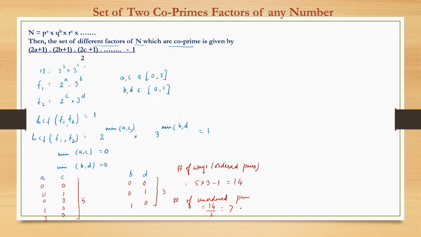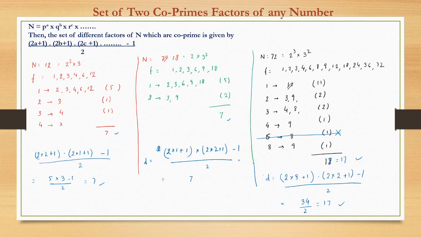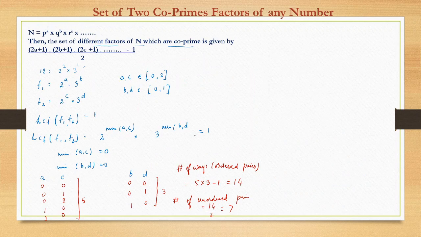7 here we got. Here also we had got 7 as the answer, and this was unordered. I mean, we were not differentiating between pair 1 2 and 2 1. 1 2 is the same as 2 1 for us. This is an unordered pair case. Had it been ordered, then it would have been just twice this, 14. Okay, so this is one way.